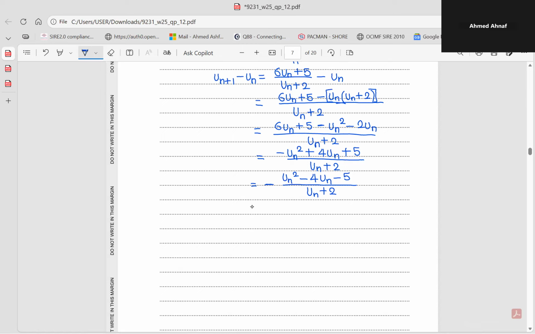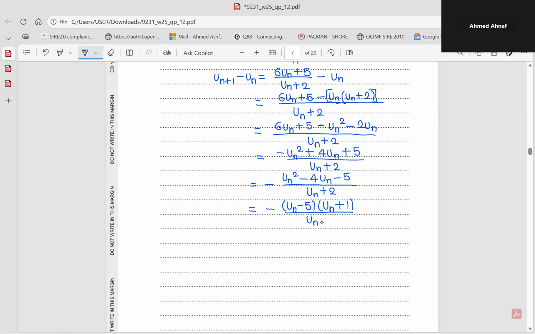Sorry, it's still not working. Okay, give me a while. Sorry for the delay. As I was saying, the factorized form is minus (un minus 5) times (un plus 1)